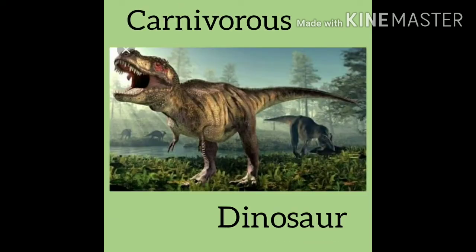This also is a picture of a dinosaur. This is a carnivorous dinosaur. How do we know that it is carnivorous? Obviously, if you see its teeth, nice and pointed, they used to hunt other animals. They used to hunt even the babies of the herbivorous dinosaurs. And these animals, as we just said, are no more found on earth. We just see their pictures and in movies, and we know that these were the different types of dinosaurs which were very huge in size.